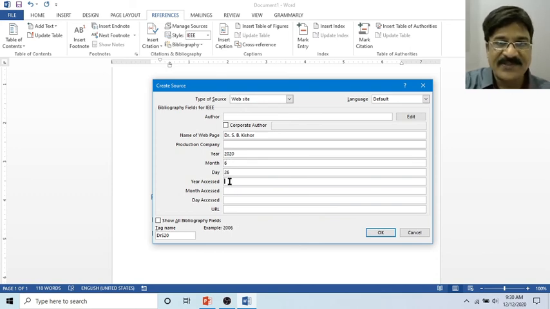Then the date you accessed it, since we are accessing it today, you need to specify this. Now the question arises, why? Because a website may get updated. So you need to specify when you referred to it, so that someone will know whether it was referred to before or after updating. And specify the website address.